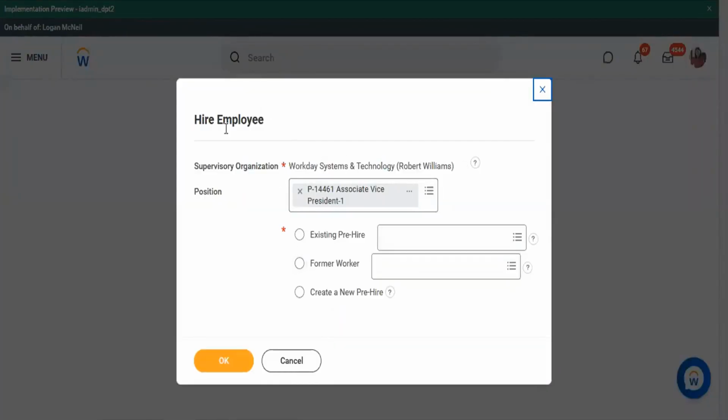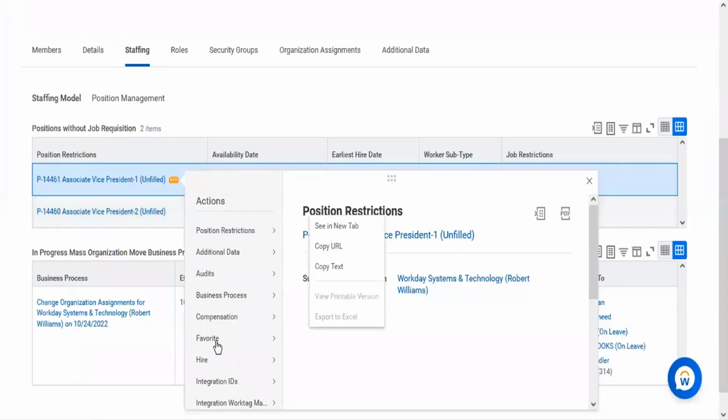When you see hire employee with this task, existing pre-hire, former worker, create new pre-hire, these are the default options. When you see these options under hire employee, it means this is the actual task that you need to hire an employee. But if I go to the very first one,